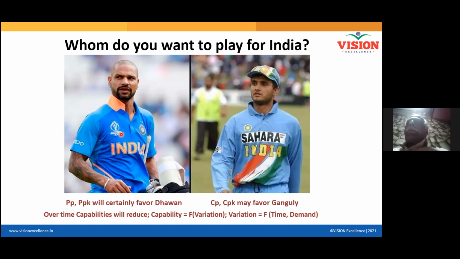Sir, first, when you say CP, go one by one. Don't consider both together. Finally, consider both together. What do you mean by CP is lower? Variation is more. Yes or no? Yes, sir. Then be it centered or not centered, it is useless. Number two, CPK is low. What does it mean? CPK being low or high doesn't matter at all.